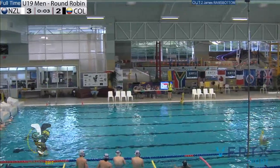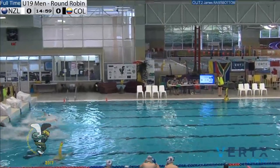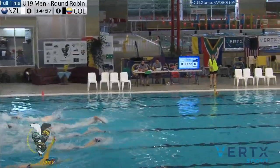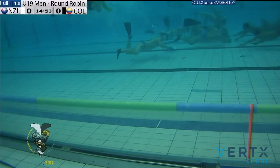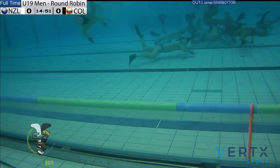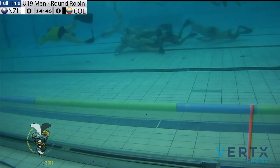What are the stats there, Nath? Oh, look, we've got a 3 versus 4 playoff here. So it's New Zealand versus Colombia. Both have won 4 matches. Both have lost 2. New Zealand's the key goal taker here so far. They've scored 38 goals and had 9 scored against them. And Colombia had 23 goals, 7 scored against. So we are